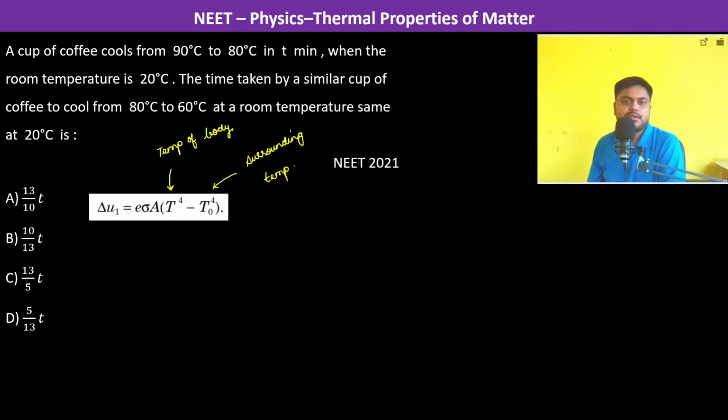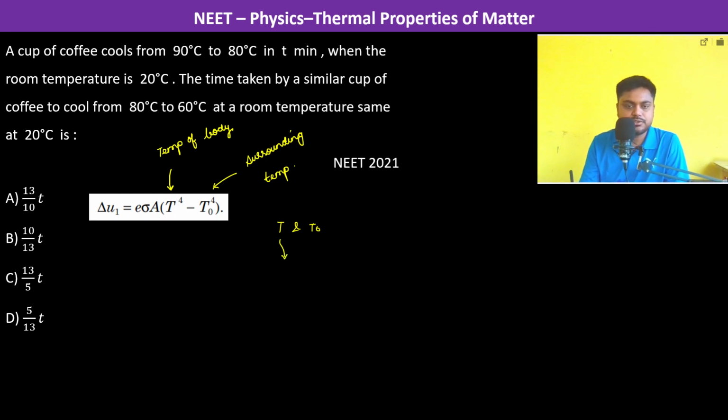Okay, and A is the surface area, sigma the Stefan-Boltzmann constant, and E is the emissivity. So the radiating heat per second is this formula. Okay, now when T and T naught are very close by, okay, so in this case we see what is